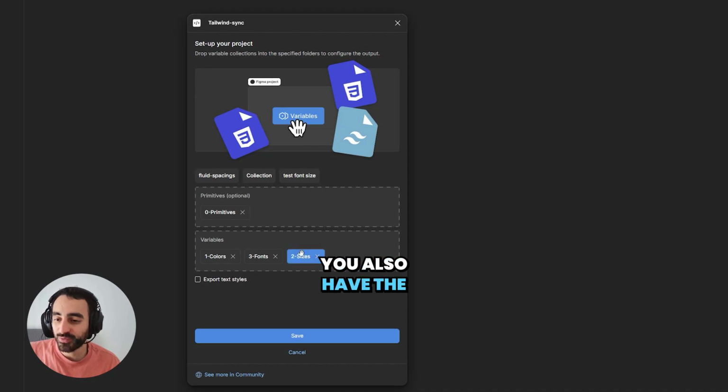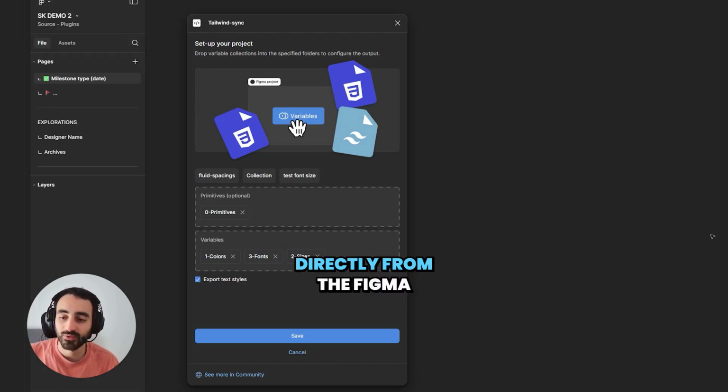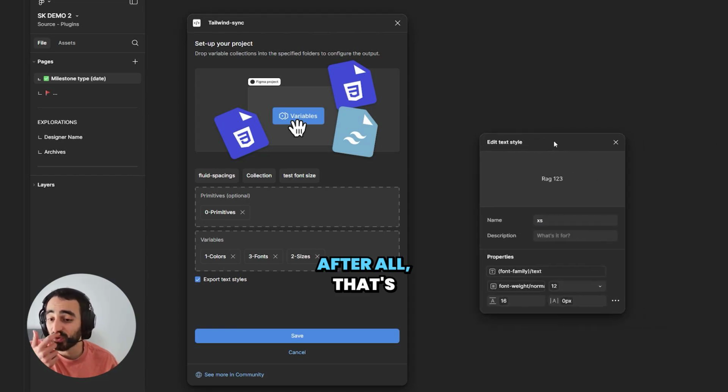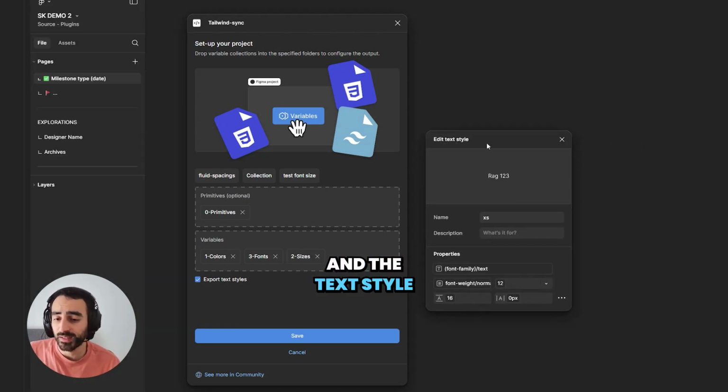You also have the option to export text styles, because for us, it made sense to construct the Tailwind font size object directly from the Figma text styles. Because after all, that's what designers work with, and the text style structure is already super close to what we